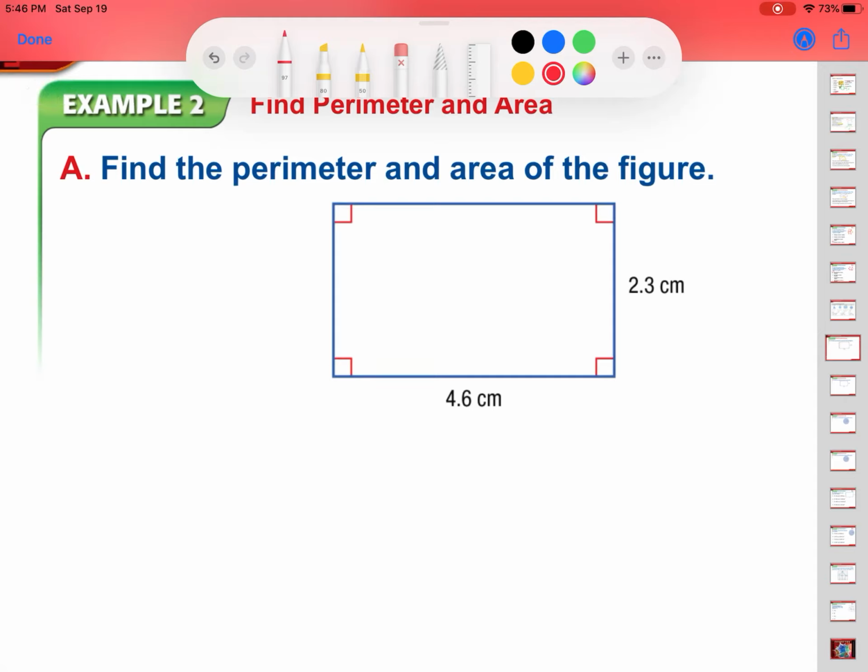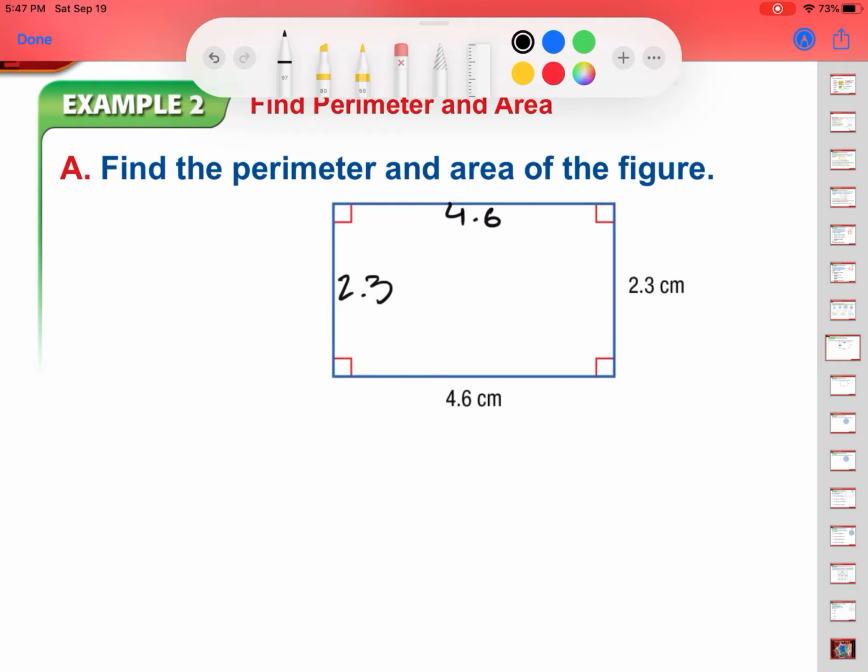So find the perimeter and area of the figure. So our perimeter, the distance outside of this, I'm just going to write 2.3 and 4.6 because I know the big sides on a rectangle and the little sides on a rectangle are equal. So let's add all these up. 2.3 plus 2.3 plus 4.6 plus 4.6 is going to be